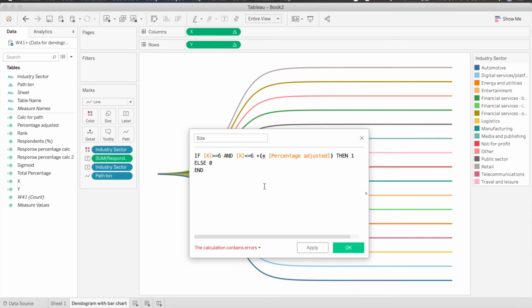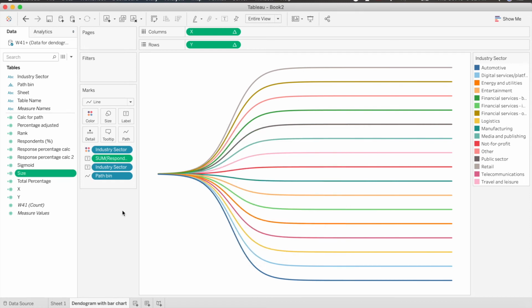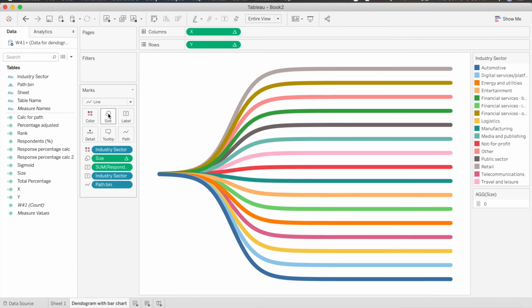Sorry, 10 into percentage adjusted. So let's check if the calculation is correct. Yes, looks correct.